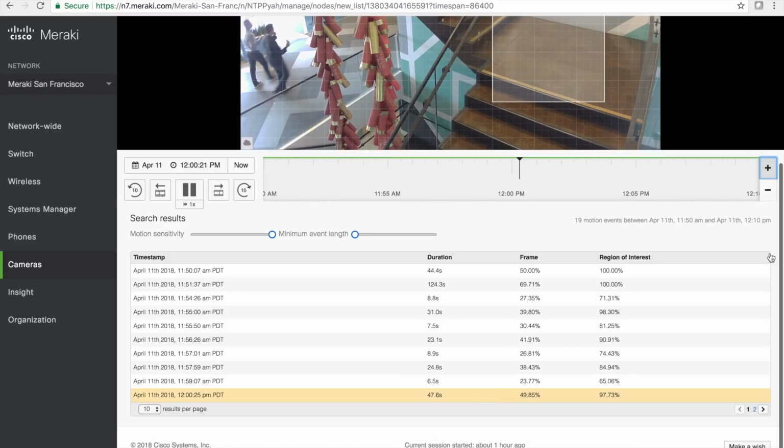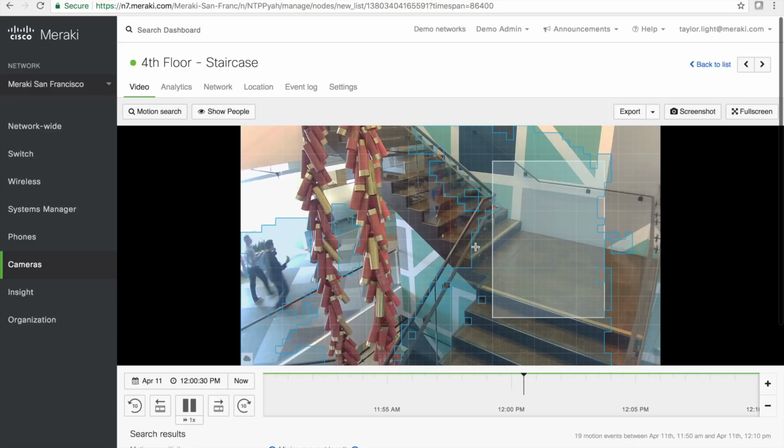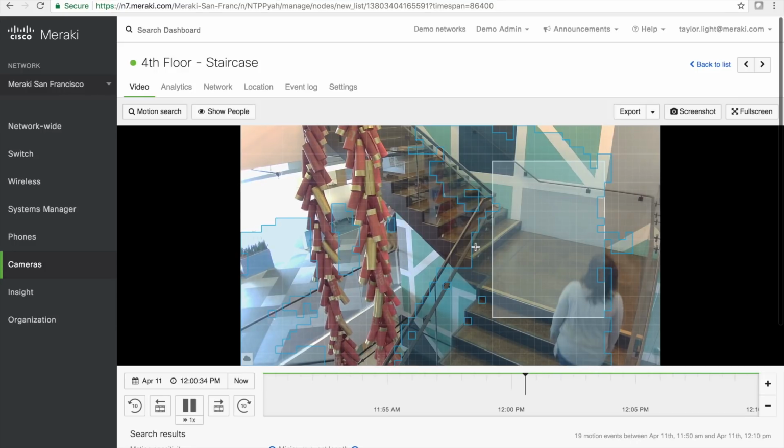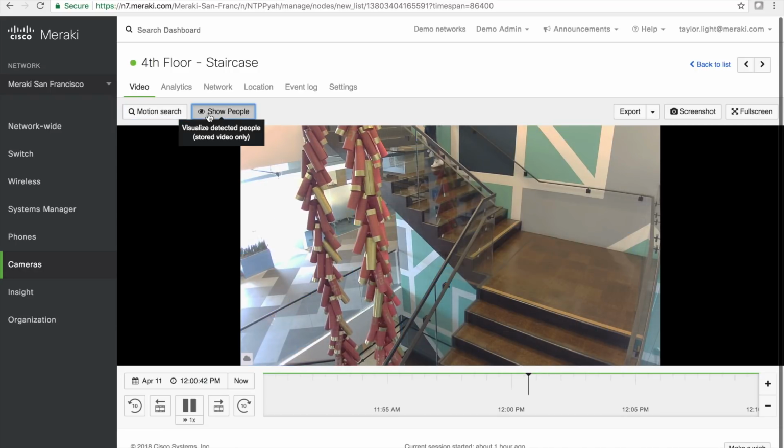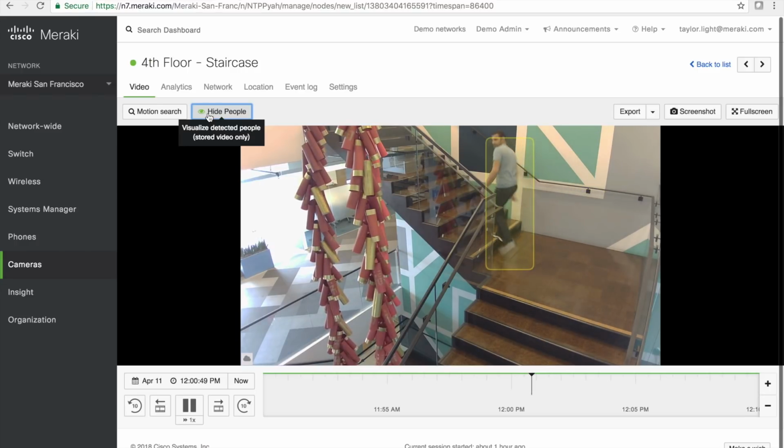And let's see here. We've got area of region of interest is 97%. So let's go ahead and click into this clip and see what it brings us. While this is loading, what it allows me to do is very quickly and effectively find an event within that area of interest, and then move forward. So what I can do now is I can actually just show people. Now, this is a historical view of what the camera is actually determining as a person live as it's recording and processing this data, right?